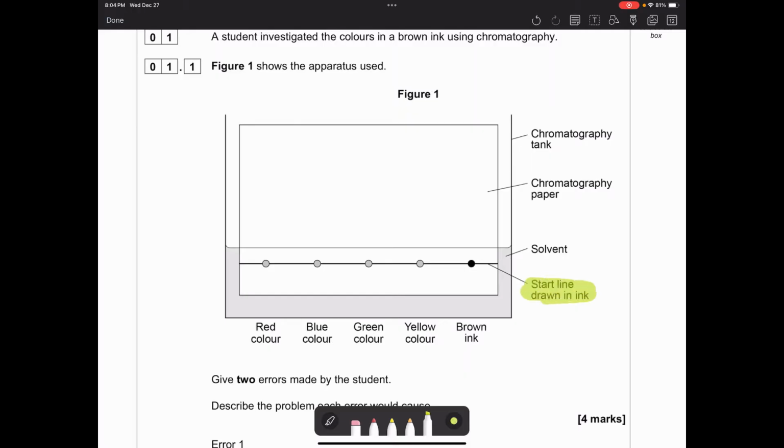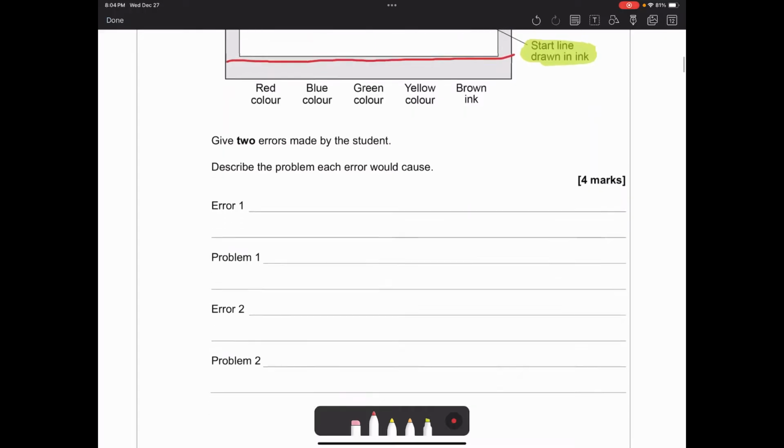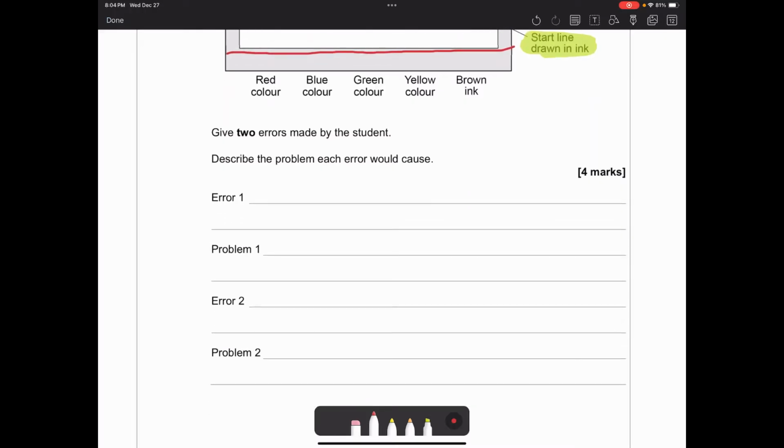You've got a start line drawn in ink. Hopefully remember, it should be drawn in pencil. And then your solvent, you can see the water or whatever solvent they've used is much higher than the actual ink itself. That should be much lower. So what you need to then do is explain what issues these errors are then going to cause. So if I say error number 1, start line drawn in ink, and error number 2, you should say the solvent is too high / above the